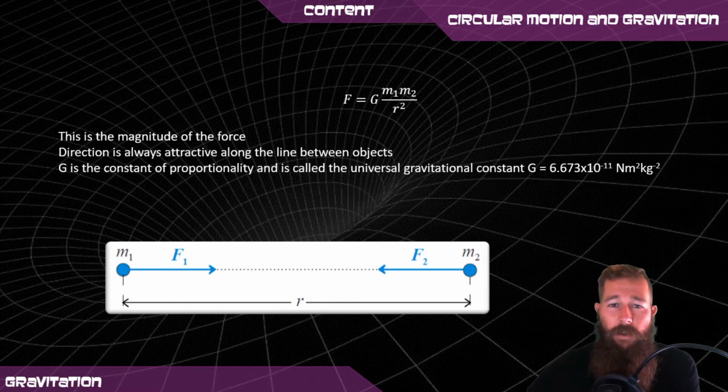The gravitational constant, capital G, is different to the lowercase g, which we've used for the acceleration due to gravity. The gravitational constant is this value here, and it's a universal constant. It applies in all cases. So if you have your formula sheet handy, just make sure that you can find the formula and that constant